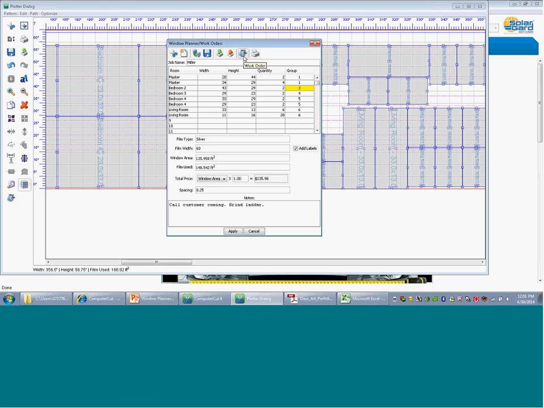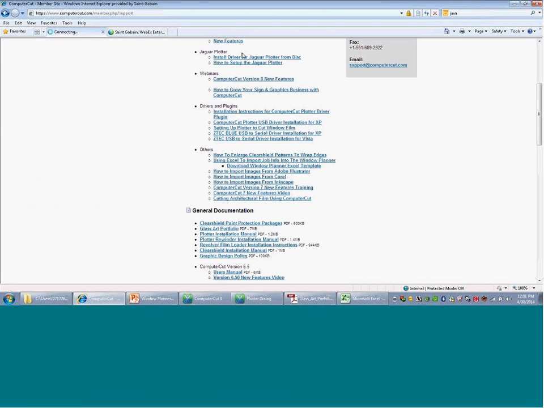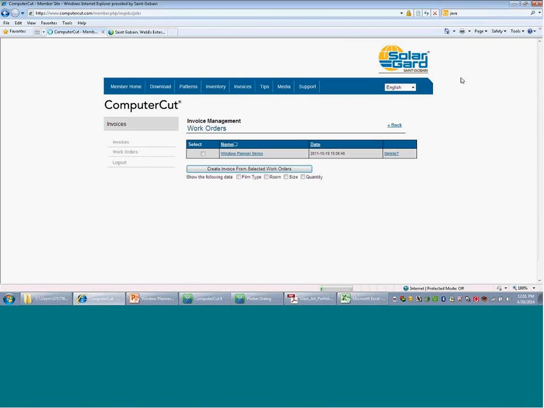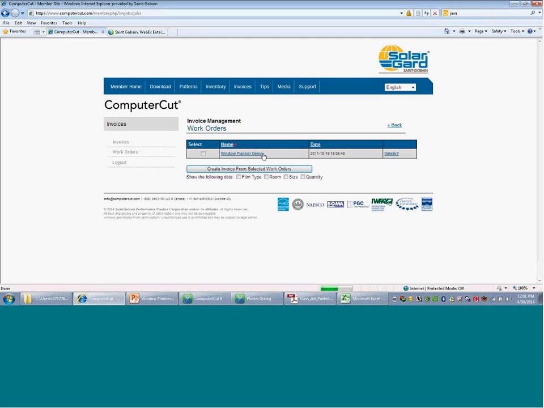Okay, you can save it, and you can click on here, and it'll take you to the website, and you can create an invoice or a work order. So it took me here, and this is one I've already saved. So select it, and then you can use it as an estimate or invoice or whatever you want to do. You click on create an invoice from the work order, and down here you can select what you want them to see